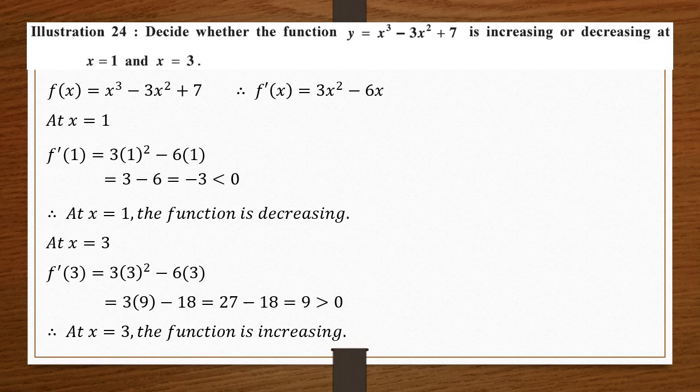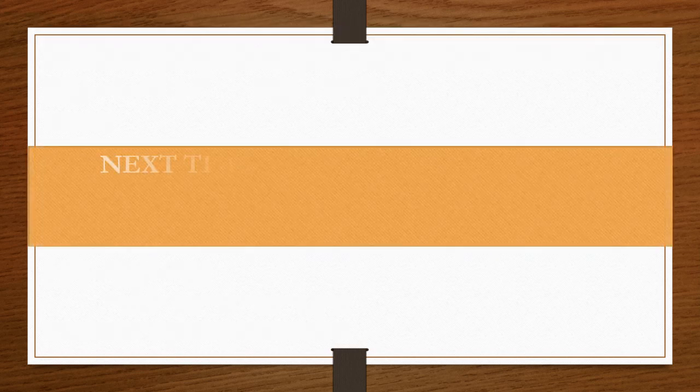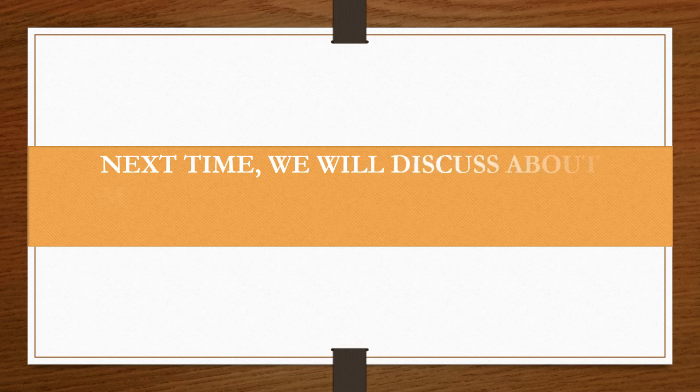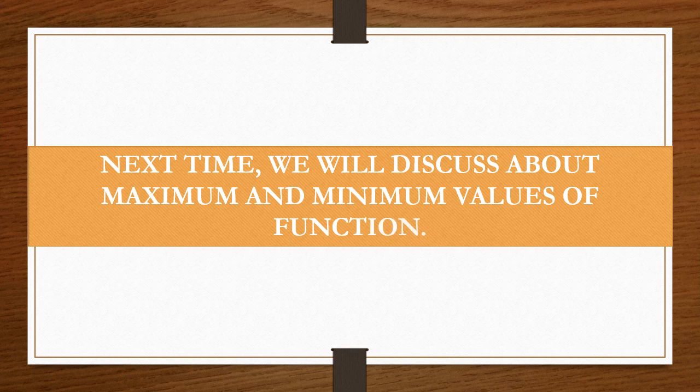So this increasing decreasing function and the second order derivative which we studied in the last tutorial, both of them will be useful in the next concept which I will be teaching you in the next tutorial. That is, in the next tutorial we will be discussing maximum and minimum values of a function. It is one of the most important concepts. This concept will be asked in sums weighing 4 marks. So they are also one of the longest sums which we will be discussing in this chapter. So stay tuned till the next time.